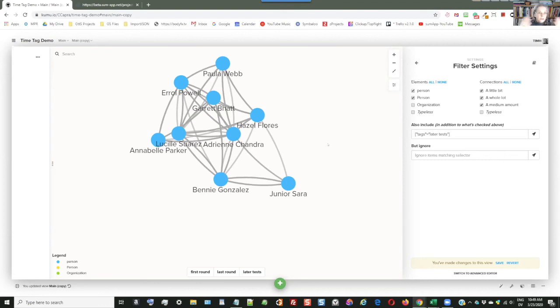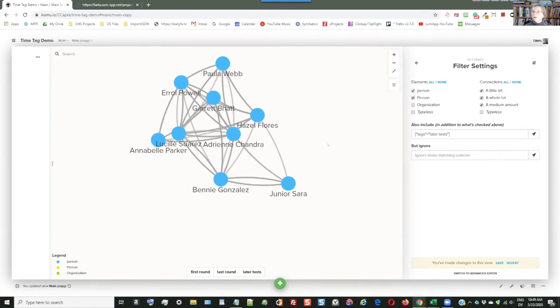So first of all, it just adds more data. In a map this size it doesn't matter at all, but in a bigger map it's going to start to bog it down. The other piece is that it will mess up your stats. If you run your stats with as many actual connections piled on top of each other as you have time frames, it's going to totally skew your metrics. So that's another reason to take them out, and don't put your metrics in the same view that you put your time tags, because that would be problematic.